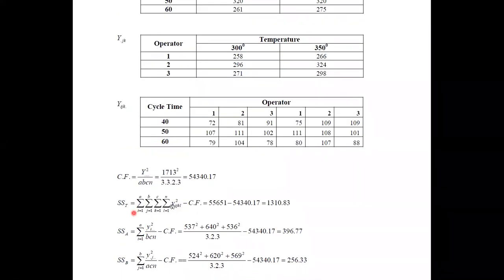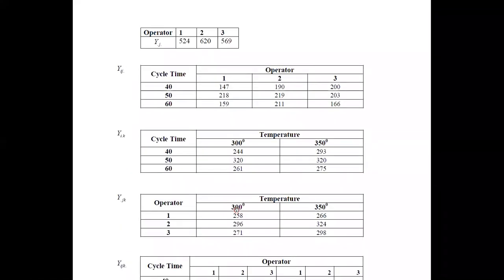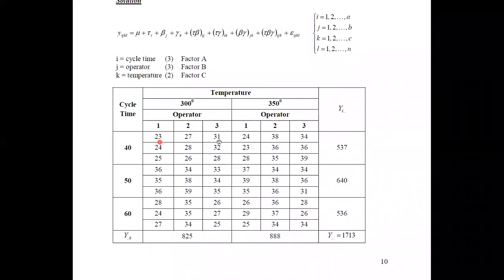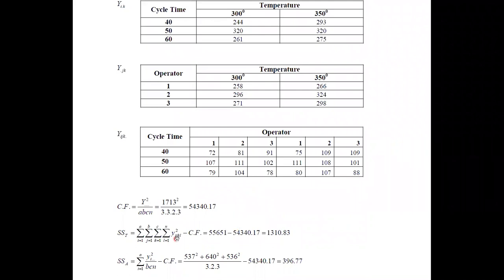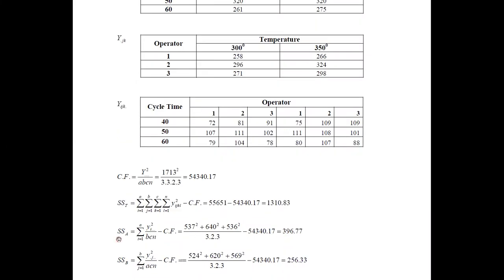And thereafter SST can be taken. It is the summation of these values, Y_ijkl. It means that you need to take the square term of all these values. For each value you have to take the square term, and then the total, you have to take the sum of each of the square terms of these values. Likewise, you can simply take these Y_ijkl squared values and then subtract the correction factor. In that form, you can take the SST value, and thereafter we can take the SSA values.